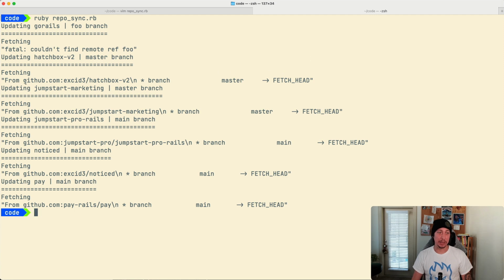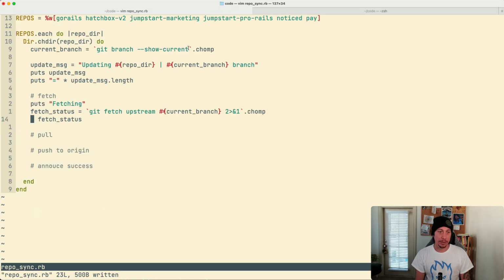For right now, I don't intend to show any of this output. I really want to only show any errors that may have popped up. Otherwise, let's just keep ourselves updated with what's going on in the program. Now that we know that this fetch status will have that message in it if it fails, in the event that this command is unsuccessful, we want to show this message,